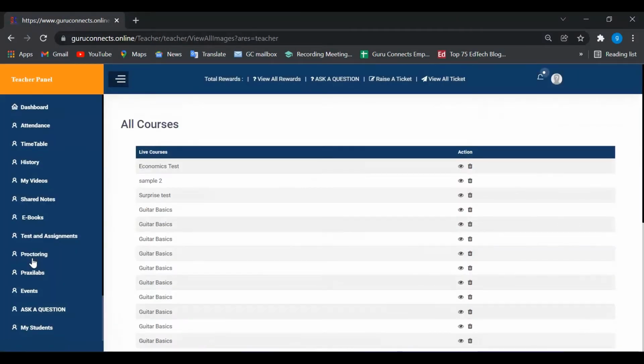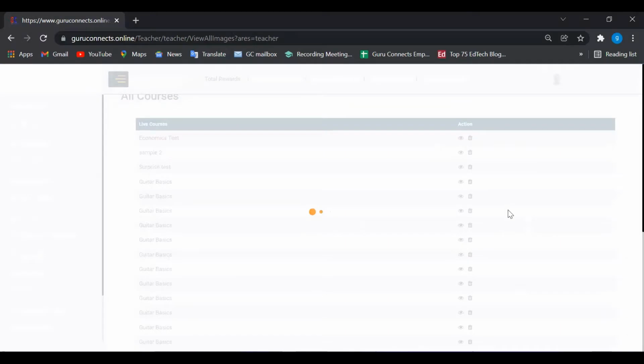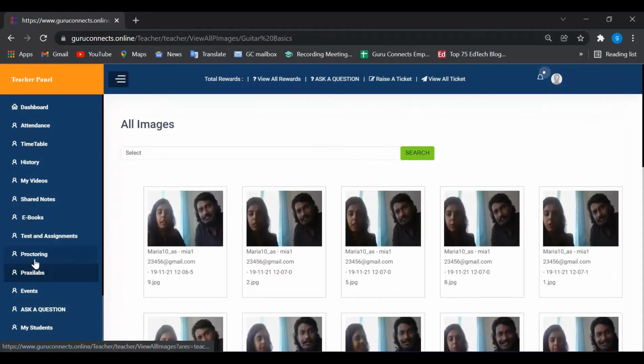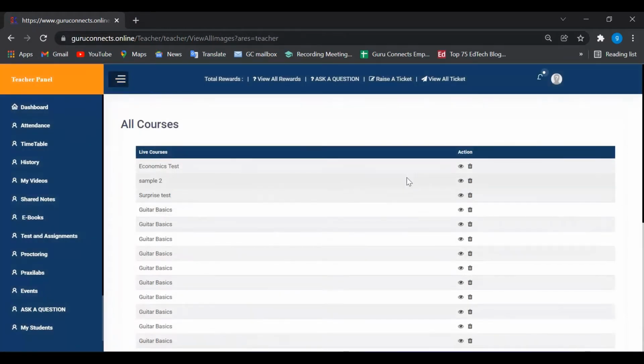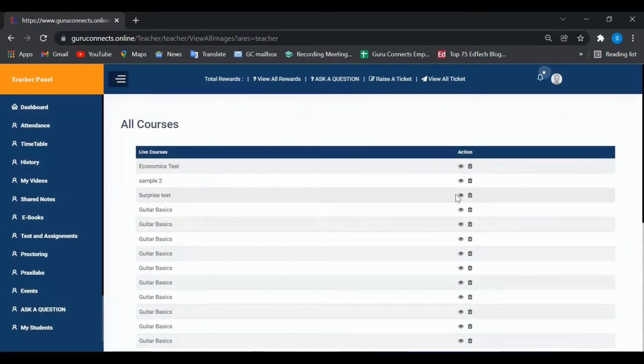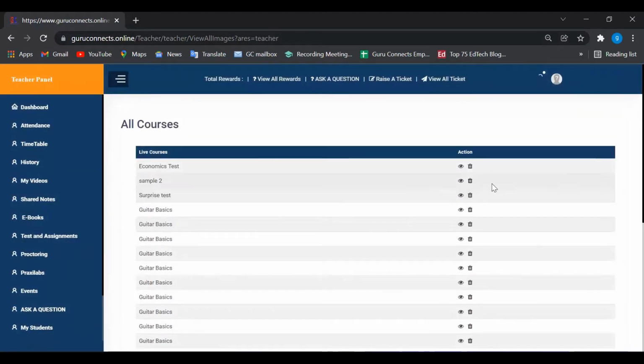So let's go to proctoring over here. You have guitar basics over here. These are the old ones, as well as the old one. So if you see, all these images are updated from a test that we have taken.